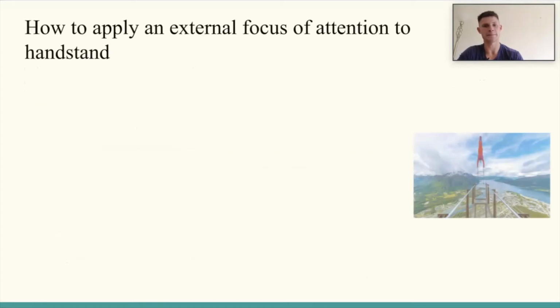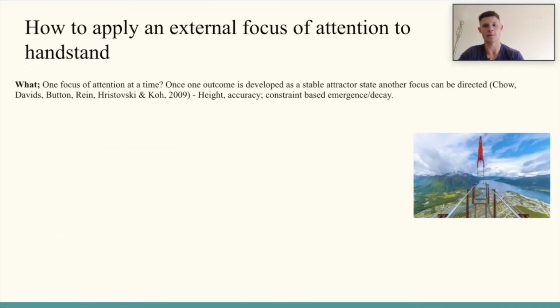So how to apply it? Well, first of all, I think it's important to focus on one thing at a time, because this paper here shows that participants focused on one quality, developed that. In this case it increased the amount of height, I think with the football kick it might have been, and then their accuracy improved once the height was stable. So certainly focusing on one cue or one instruction at a time is important to not overload